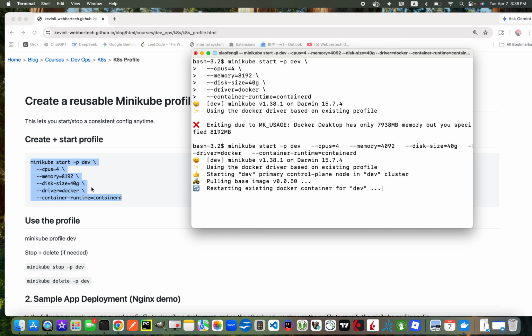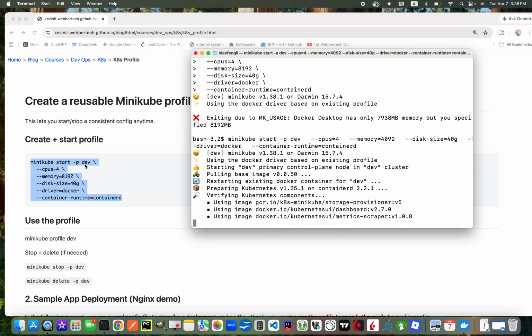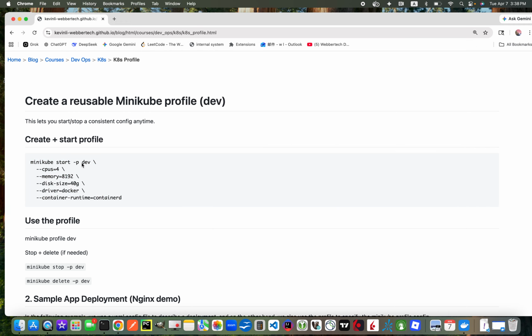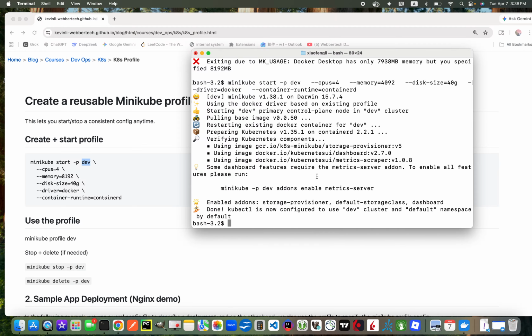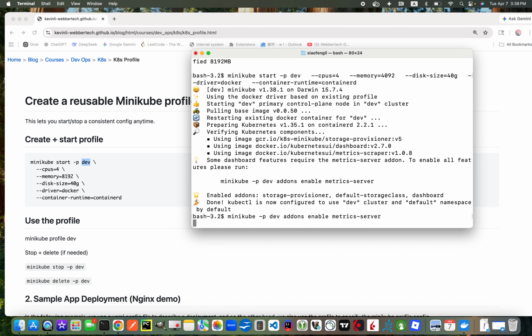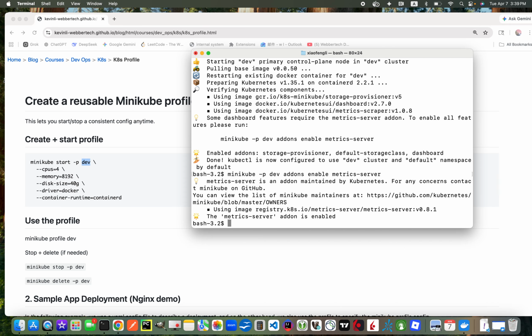So this command would not only start it with the specified configuration, but it will also create a profile called dev and save it somewhere. And these saved profiles are queryable. So let's see. For instance, you can do minikube -p dev addons enable metrics-server. Let's do that. All right, and let's do minikube -p dev